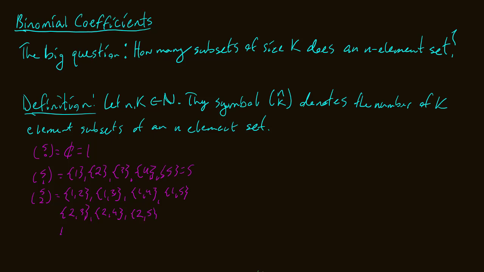All right, we're almost there. Now we have {3,4} and {3,5}, and then lastly, we have {4,5}. So how many are there? There's 4 plus 3 plus 2 plus 1. That's equal to 10. So there were 10 2-element subsets of a 5-element set. Huh. All right. Well, let's think about 5 choose 3 for a second. What is that going to be? Huh. Okay, well,